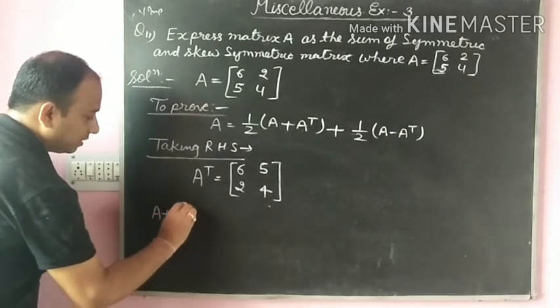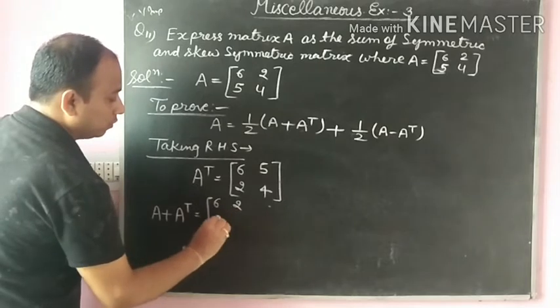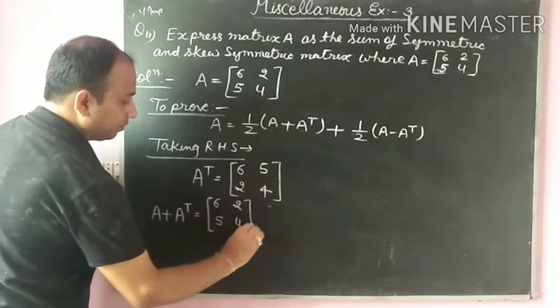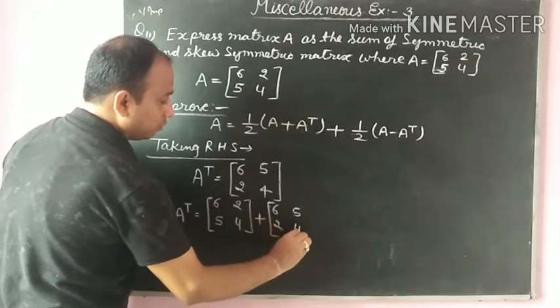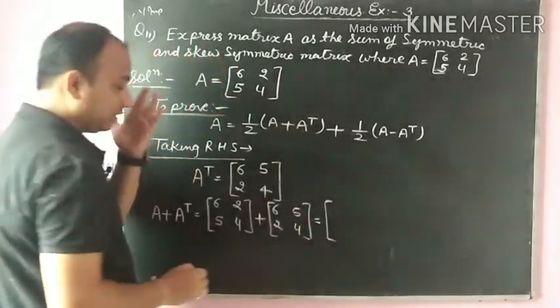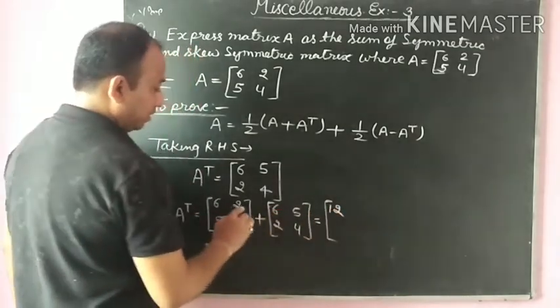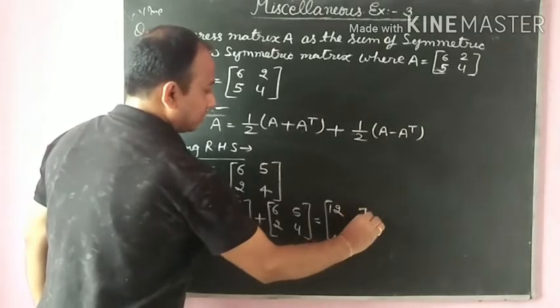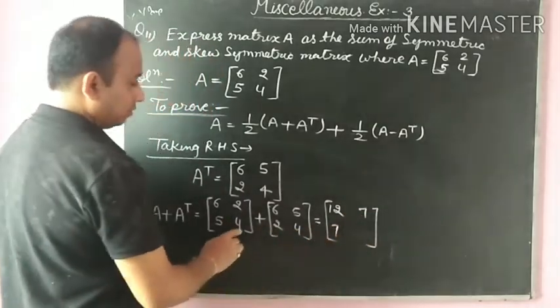A is 6 2 5 4 plus AT 6 5 2 4. Then we add both matrices, the corresponding elements are added: 6 plus 6 is 12, 2 plus 5 is 7, 5 plus 2 is 7, 4 plus